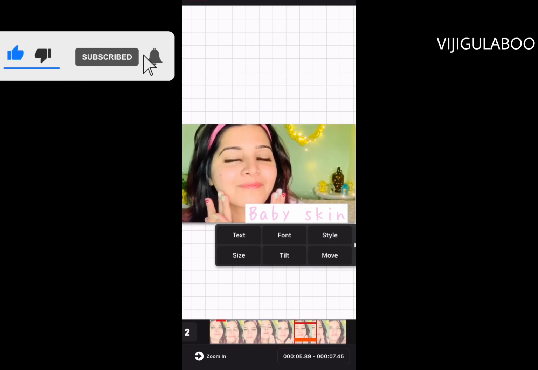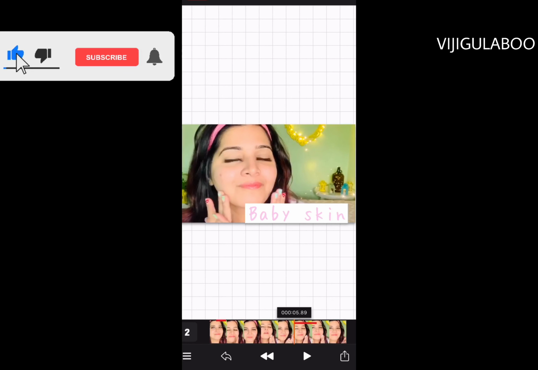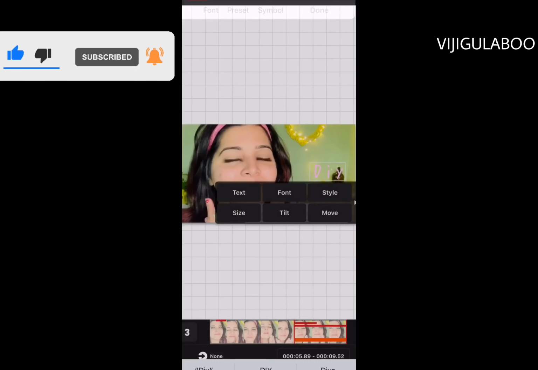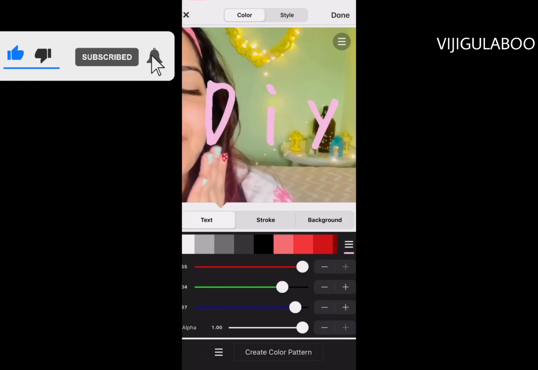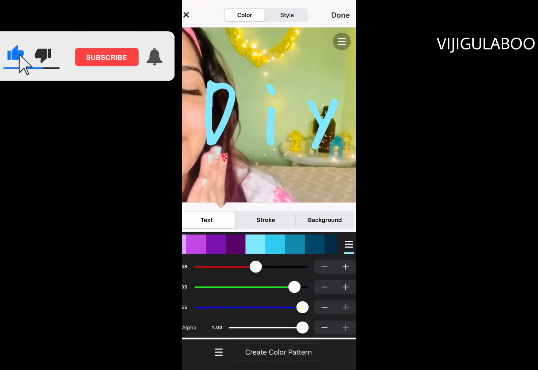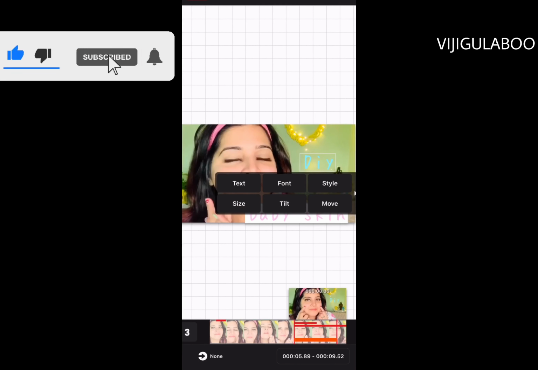And then suppose you want to add another text to it. So again what I would do, select here, and I would give what to do, DIY. Okay, and then I don't want to give any background. I'm just giving this, and I'm giving a color to it. We'll probably give this. Yeah. Okay, so now if you see the line over here, it's too long till the end. We don't want that. So I'm selecting it over here.